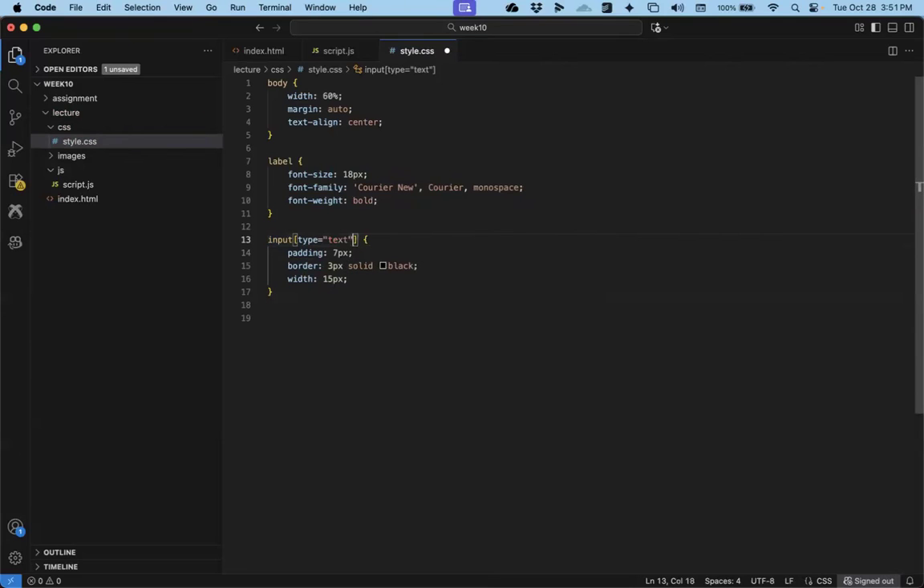Oops, that's not what I wanted to do. I wanted to do that just for the width. So I want all the inputs to have the padding. So I can come in here and say input type equals text, and then open my selectors, and I'm just going to move the width